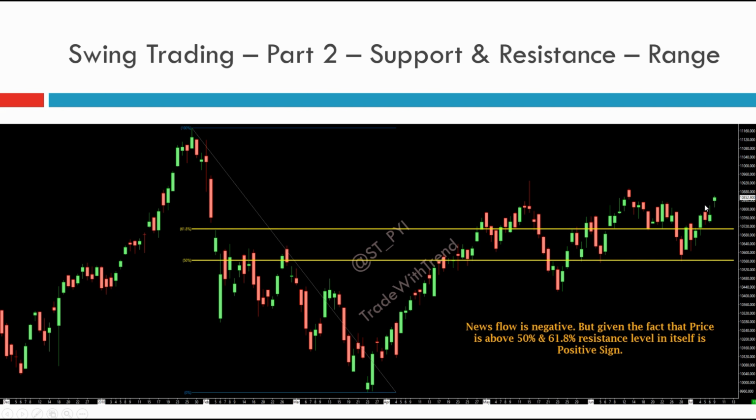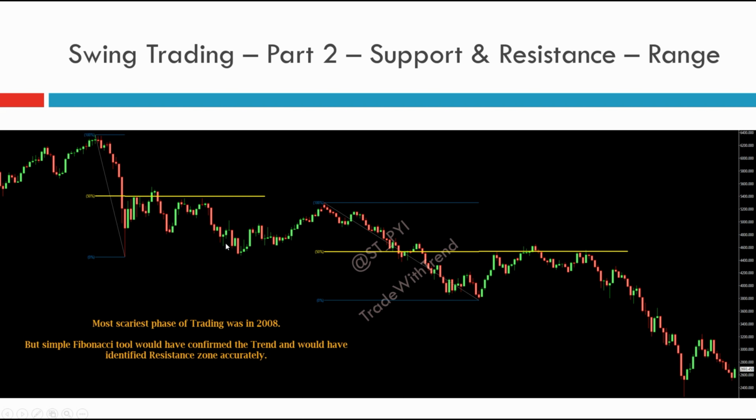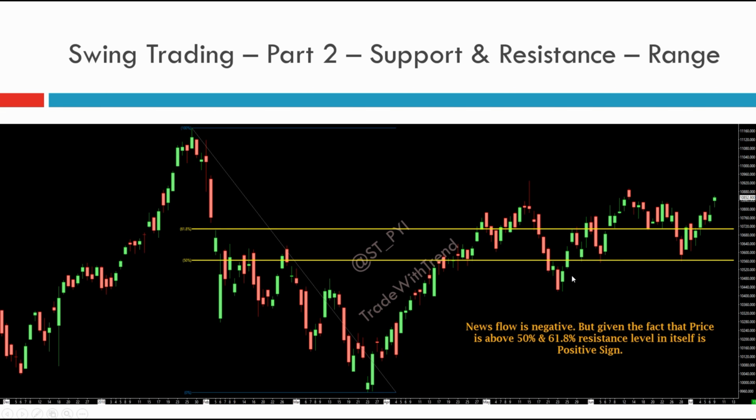So see what is happening. Price is trying to sustain above this 50% and 61.8% retracement level. If you compare this chart with the 2008 chart, what was consistently happening was that price was not able to breach the 50% retracement mark, and hence we saw a follow-up of the down move. But something exactly opposite is happening in the current phase: price is trying to move above the 50% and 61.8% retracement level. It tried to move here, then moved down, but again it has moved up. It sort of formed a support region here, and now it is trying to move up again.